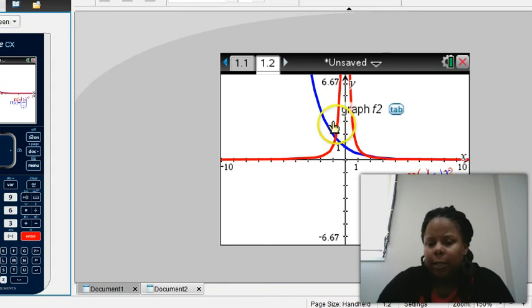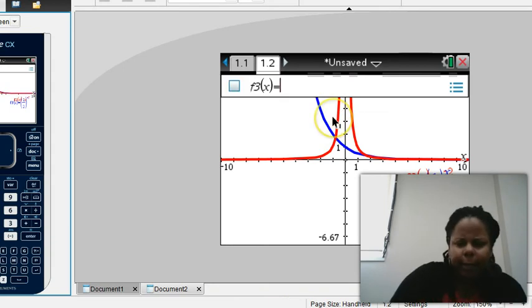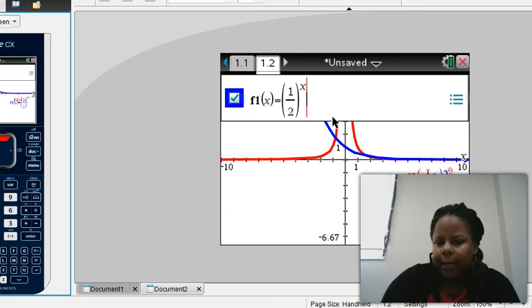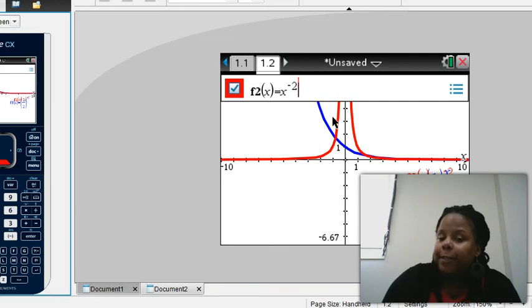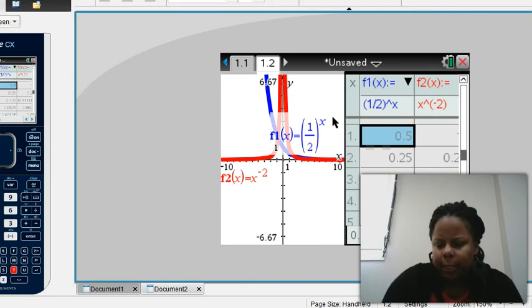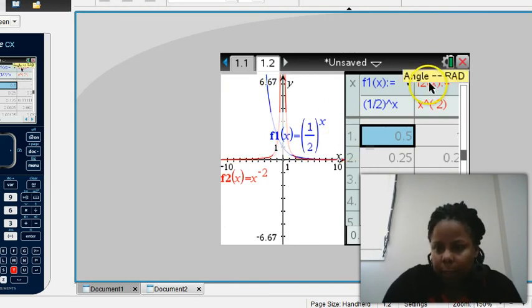And here we have two functions. One of the functions is 1/2 to the x, and that's the blue function. And as you can see, it's positive and decreasing. And the other function is x to the negative 2. And as you can see, it's also decreasing. Well, if we take a look at the table values, we can see that as x, let me move this so you can see,